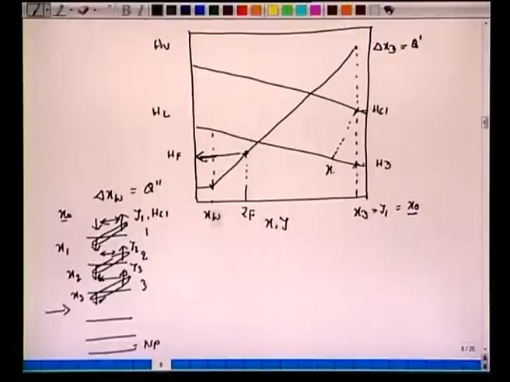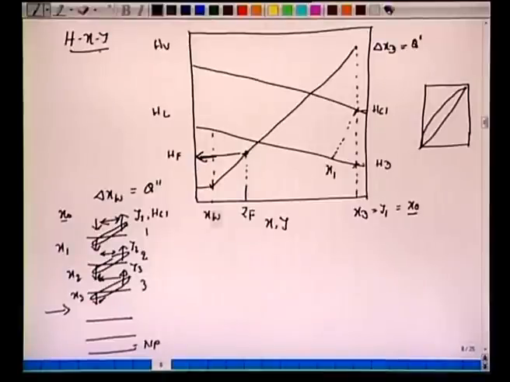Now how did we get this Y1 and X1? You recall that we required this TXY diagram also. So we have been given two sets of equilibrium data. One was the HXY and one was this TXY, or the XY diagram. Okay, so from here we read this Y1, whatever the value of Y1 is.